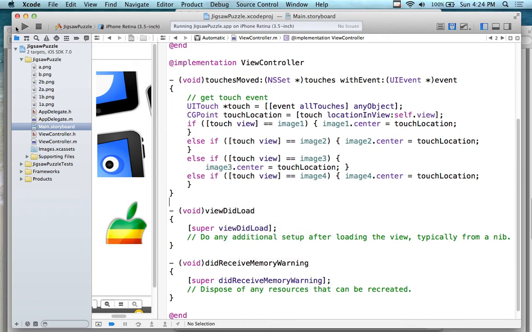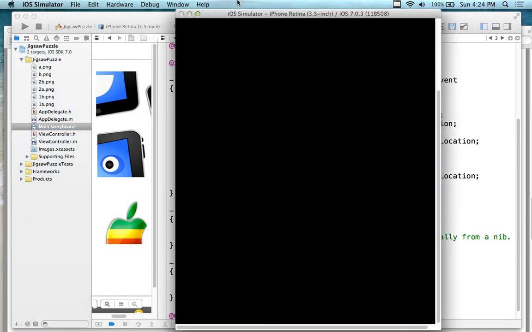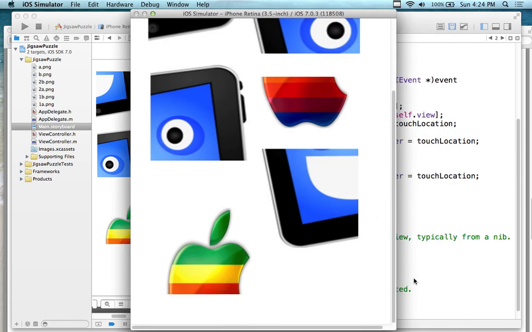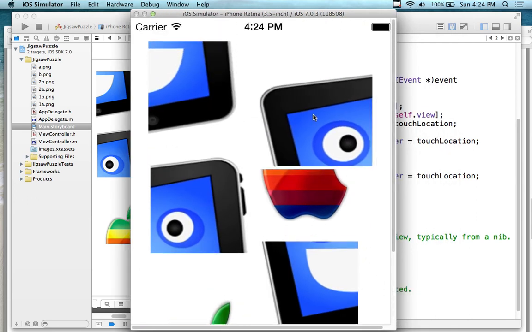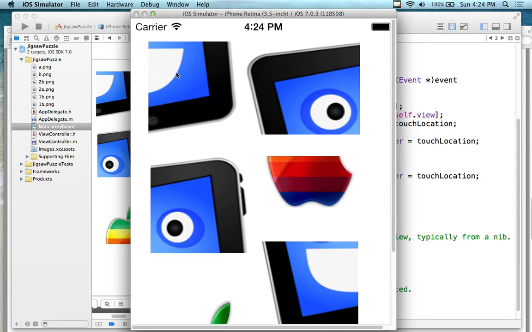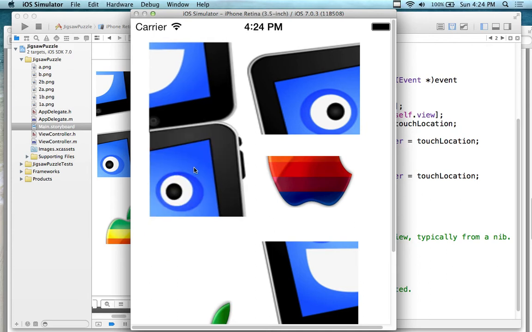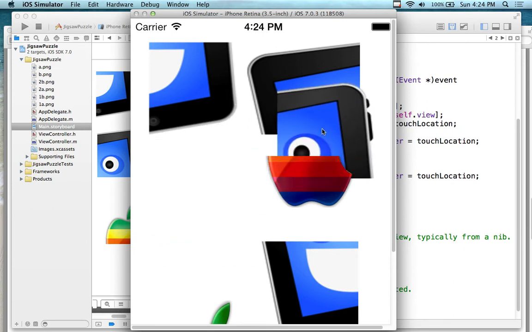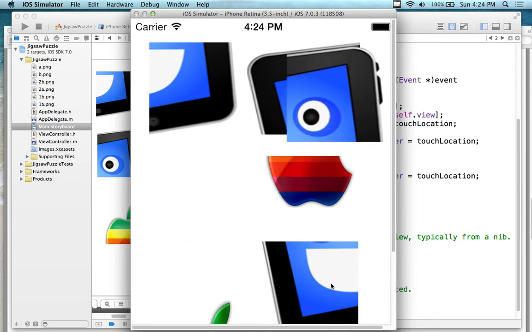We have a cool little jigsaw puzzle. So we got all of these little pieces that are here, right? Well, we got a little bit of interesting behavior. If you click the middle of the component, it doesn't jerk as much. But if you click the side piece, see how it kind of jerks a little bit because the touch location is the center. So each one of the pieces,